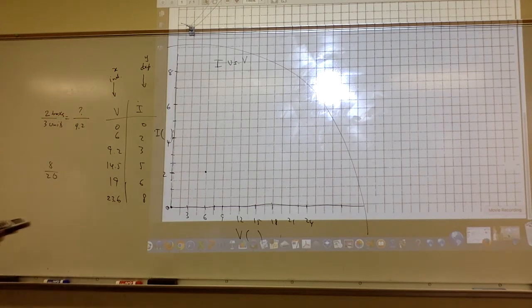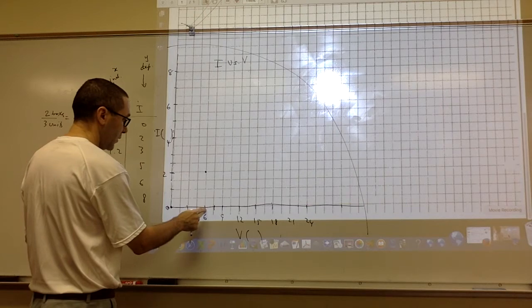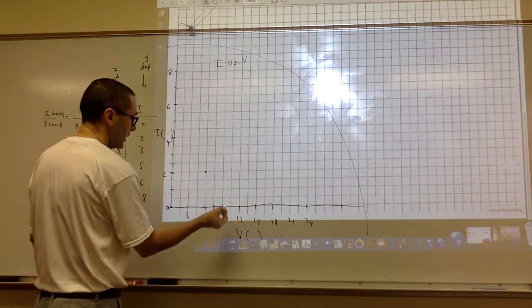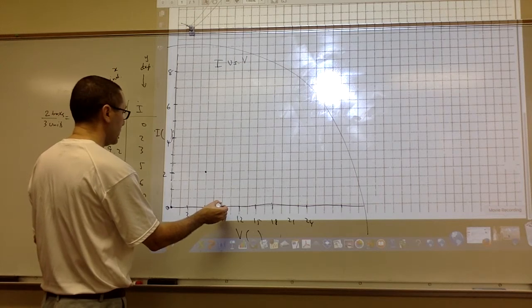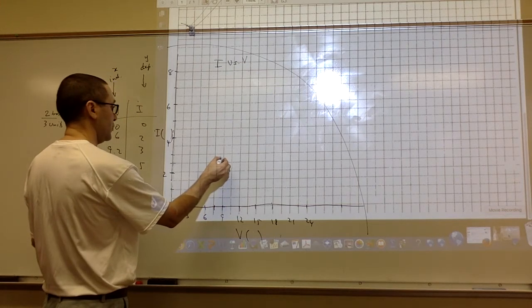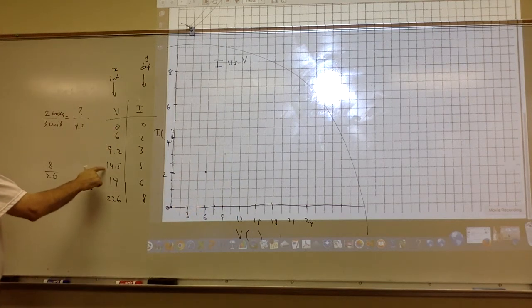So if we solve that proportion, we should get 9.2 times 2 divided by 3, okay, so 6.13. So from here I have to count 6.13, 2, 4, 6, so I'm almost right there. So that's going to be 9.23, right there. Okay, and then we do